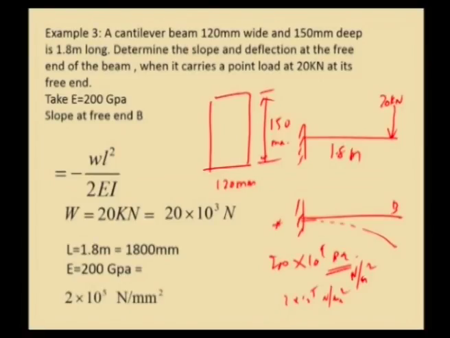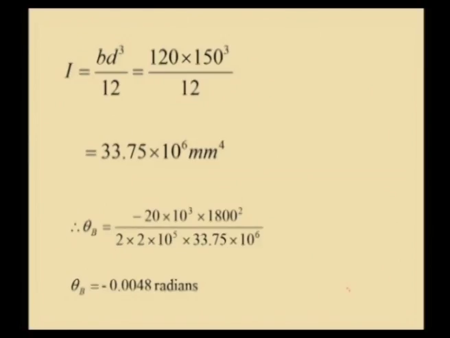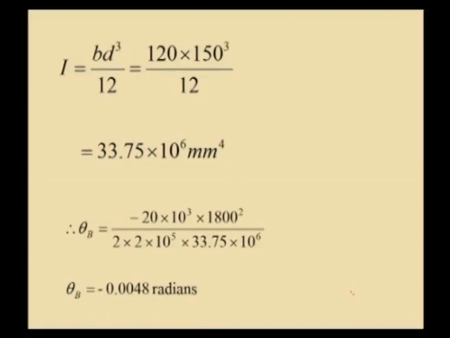The moment of inertia I can be computed for a rectangular section using the formula b d cube by 12, where b equal to 120 mm and d equal to 150 mm. Therefore, we can obtain the I value using b d cube by 12, which is 33.75 into 10 power 6